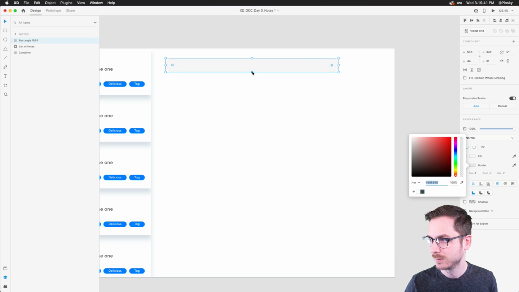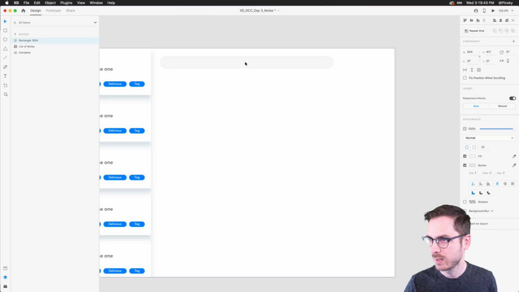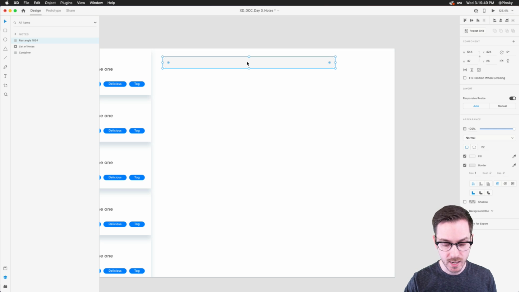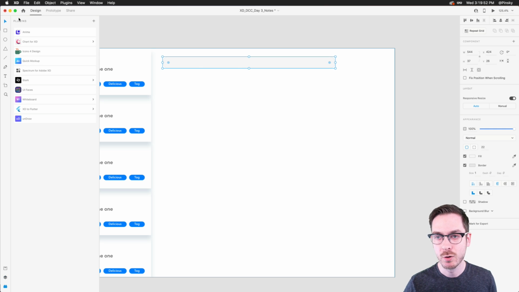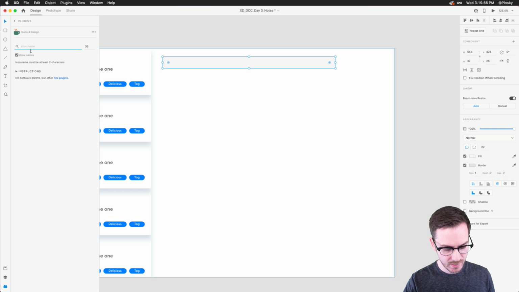I agree, Anna. There we go. So we've got a lovely search bar. Of course, we need an icon for our search bar. Now, we could make our own, but I'm lazy and I'm running out of time. So I'm going to go over to my plugins panel, and I've got the Icons for Design plugin, and I can just type out